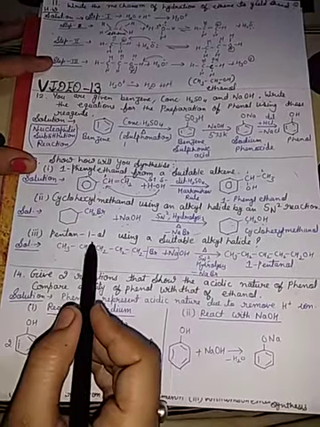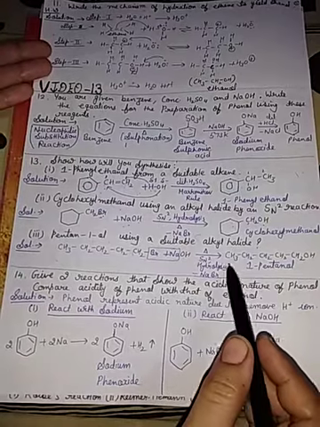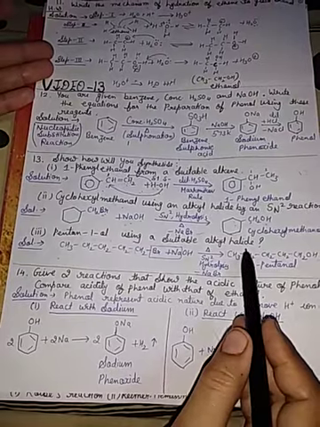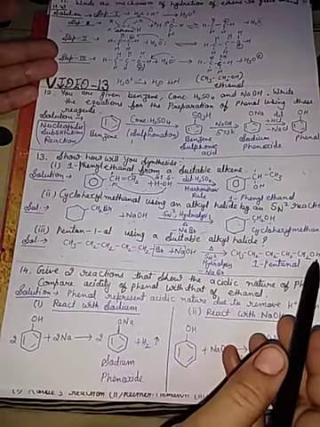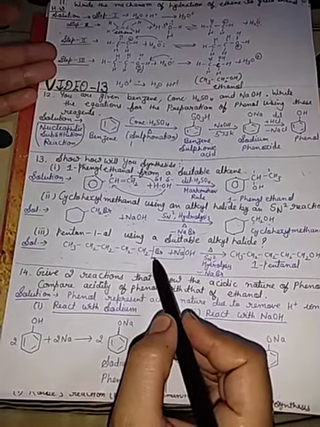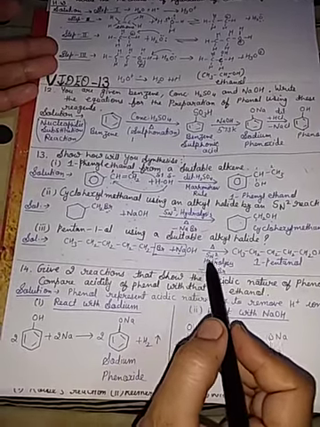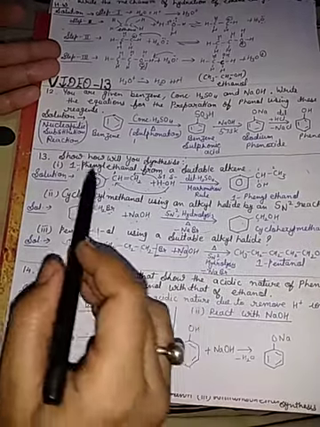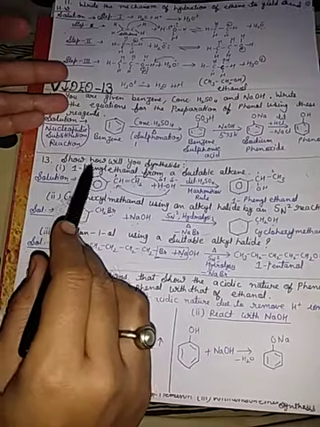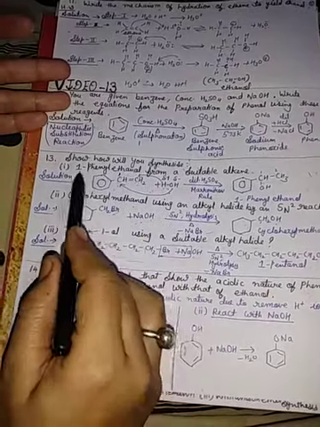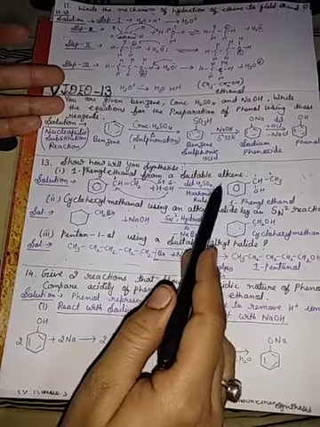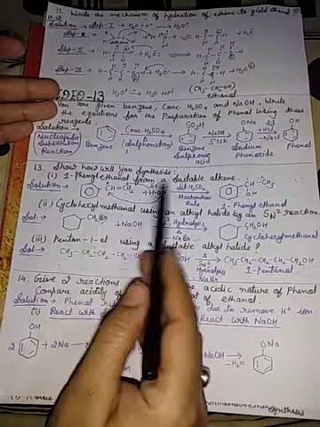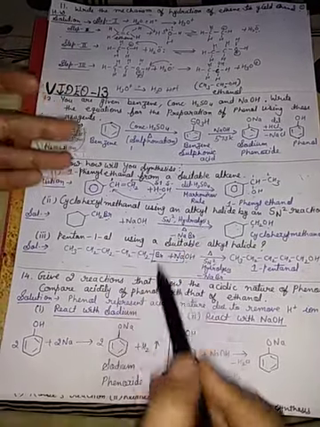Next, third is pentan-1-ol. Pentan-1-ol means CH3, CH2, OH, and we take an alkyl halide. At the place of OH in pentanol, in the reactant we take Br. It reacts with NaOH, SN2 reaction, hydrolysis, NaBr is removed, and OH attaches. So in this question, show how you will synthesize: first you see the product, draw the product structure, and according to the product you write the reactant.